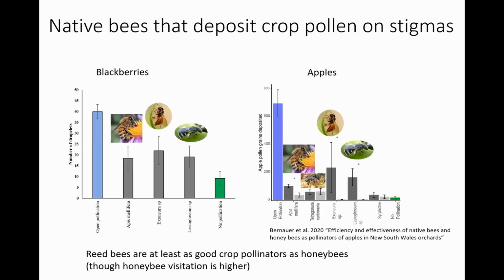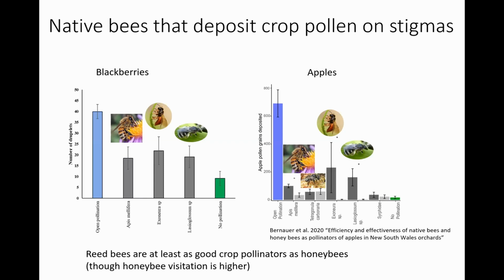So we did some of these experiments with cultivated blackberries. Basically, we put little bags around flower buds before they opened. Once the flowers opened, we took the bags off and waited for the first insect to visit the flower. Then when the insect left, we recorded what it was, put the bag back on the flower, and then waited till the fruit was produced and then counted the number of druplets, which is a measure of fruit quality in